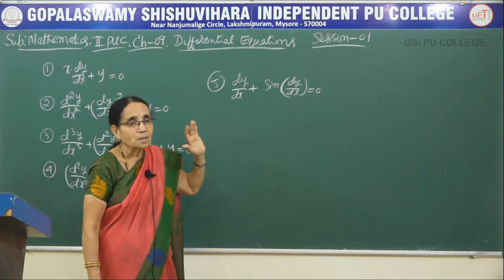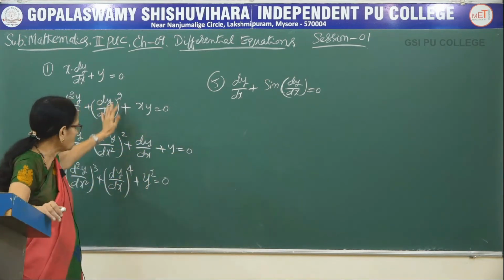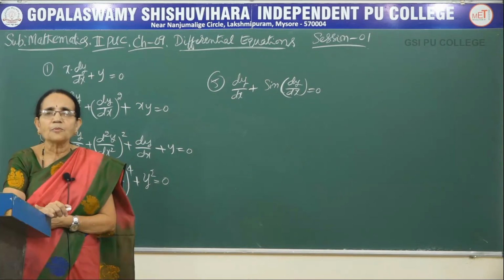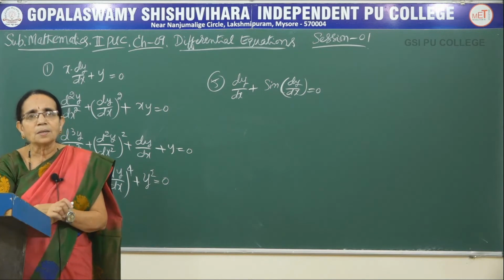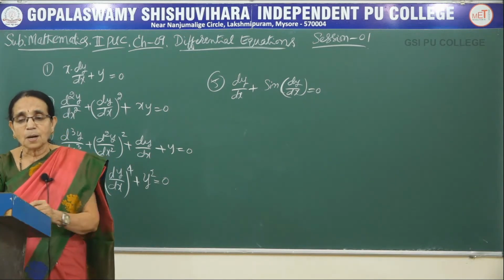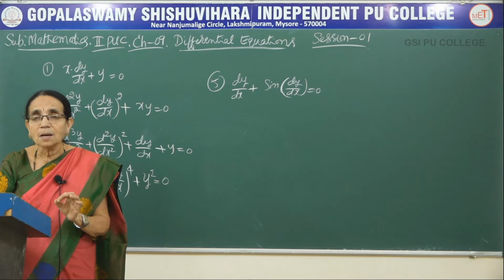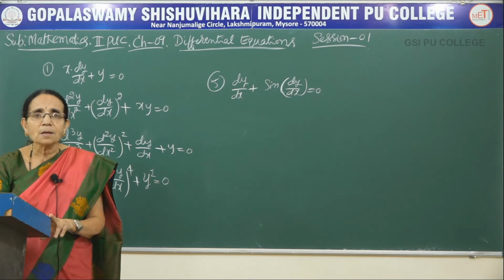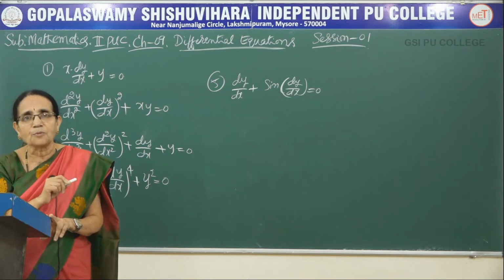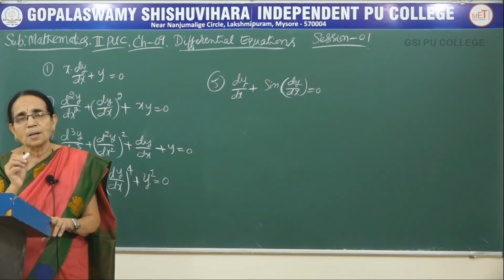If it is like that, then you cannot consider that as a polynomial in the derivative. Polynomial in the derivative means it has to be like this. So, the degree of a differential equation is defined only if it is a polynomial in the derivative. Now, that is why in the question it will be asked like this: find the order and degree, and in brackets they write "if defined". That condition would be given because the order of each and every differential equation is defined, whereas the degree of the differential equation should be defined only when it is a polynomial in the derivative.